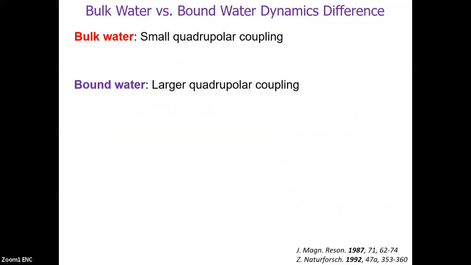So bulk water, intuitively, is highly mobile, which results in small quadrupolar coupling. And bound water is interacting with the biomolecules, specifically here the lipid membrane, resulting in reduced motion and a larger quadrupolar coupling. More specifically, if we compare with the typical pulse,